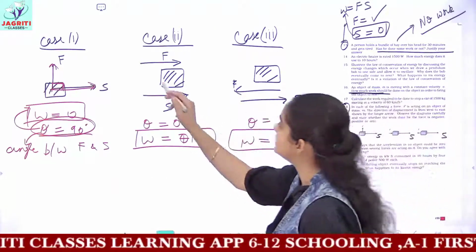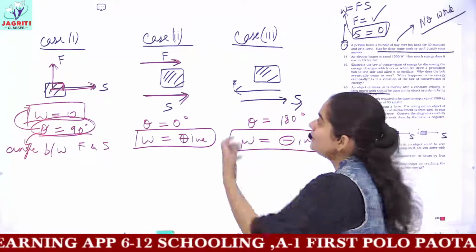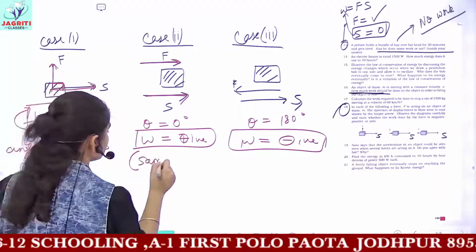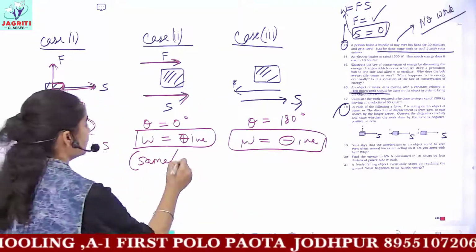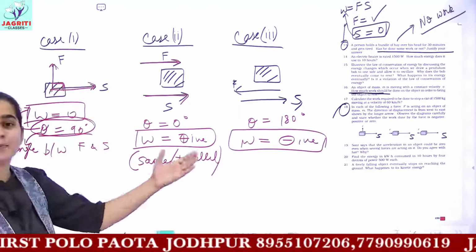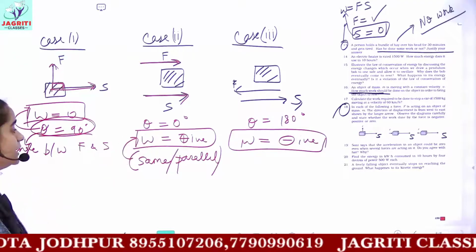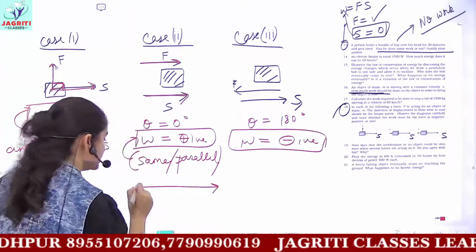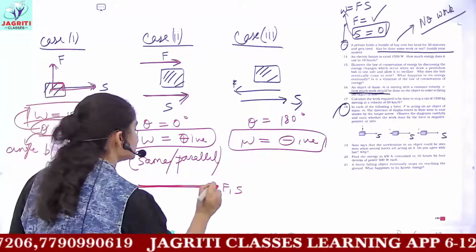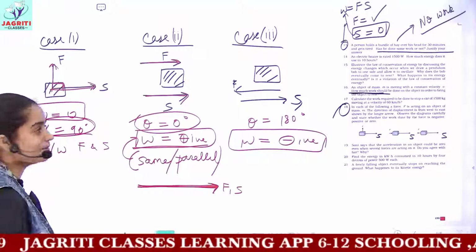In the second case, see, the direction of force and the direction of displacement are parallel. When the force and displacement are in the same direction, you can call the direction of force and direction of displacement are same, or you can call the directions to be parallel. So when the direction is same or parallel, then the work is positive. And you can also say that the angle between this is the line of force and this is the same direction of displacement. And because the angle between force and displacement is nothing, it means the angle is 0, so the work would be positive.